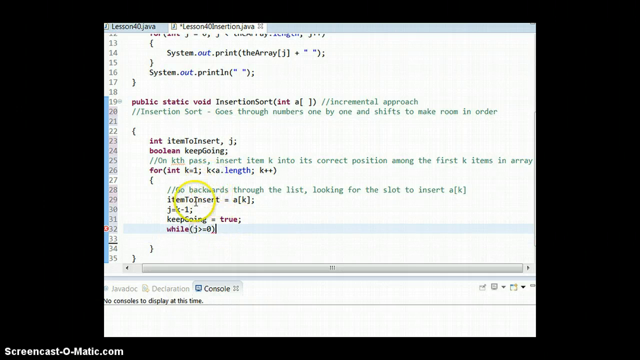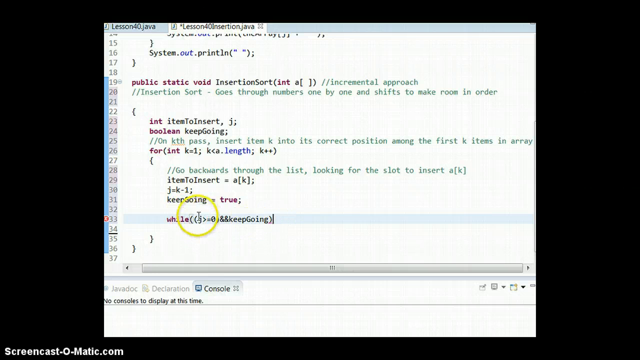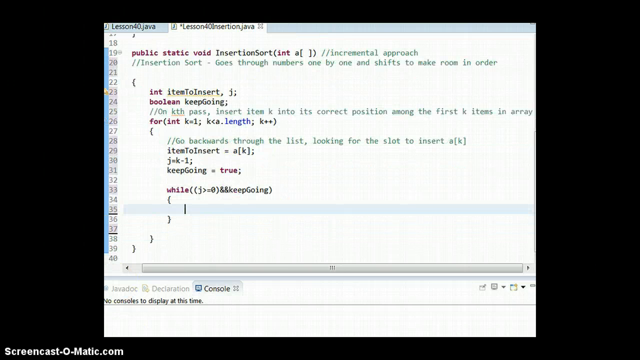And so I'm going to put another parenthesis out here. We're going to use a Boolean test and keepGoing, because keepGoing right now is true. So as long as j is greater than or equal to 0 and keepGoing is true, this will execute. Now that we're in here, we're going to run an if test. So if our item to insert is less than whatever is in a[j],